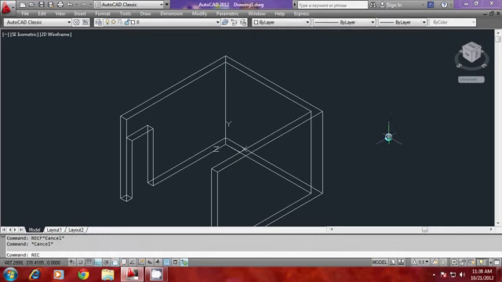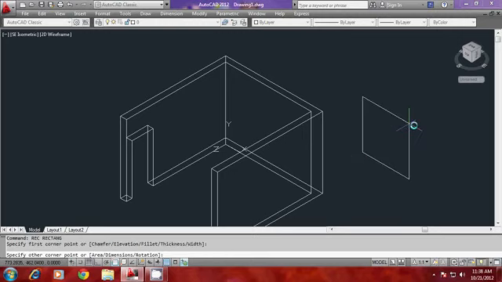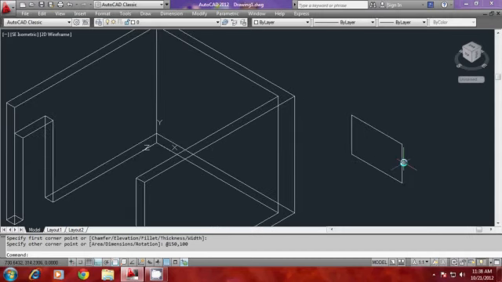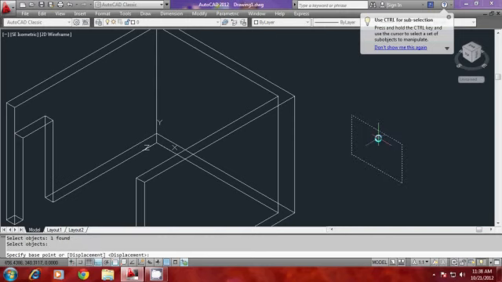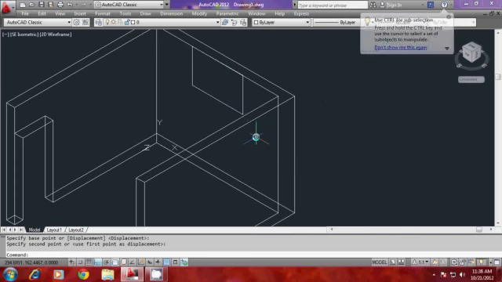You can construct it anywhere on the screen with the starting point here, and let the size of the window be 150 by 100, because I would like to create a 3-panel window. So I'll give 150, 100 as the window size, so that the window profile is created. And now I'll move the profile, and I'll select this as the base point and this as a second point. So the window is aligned